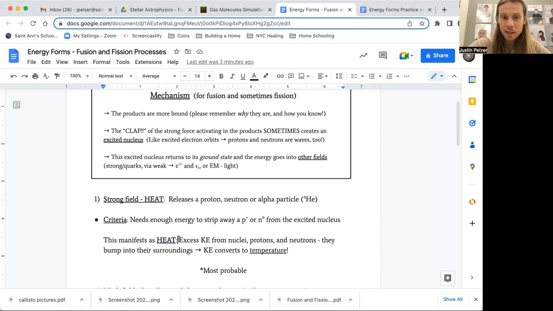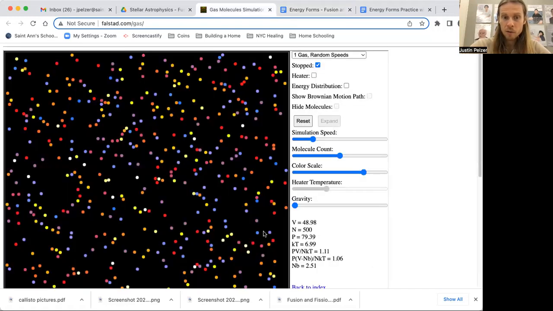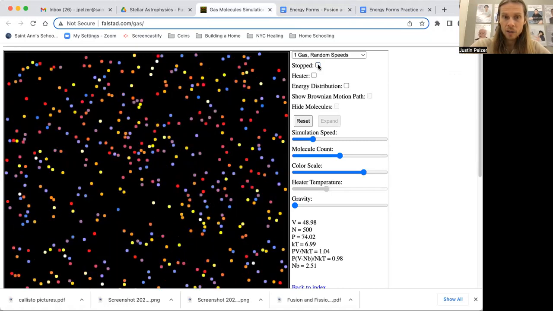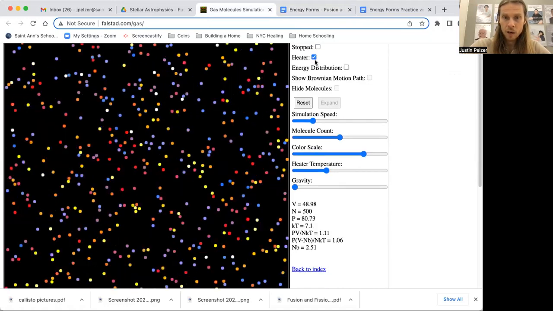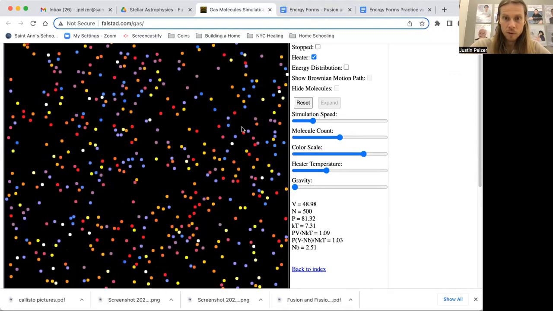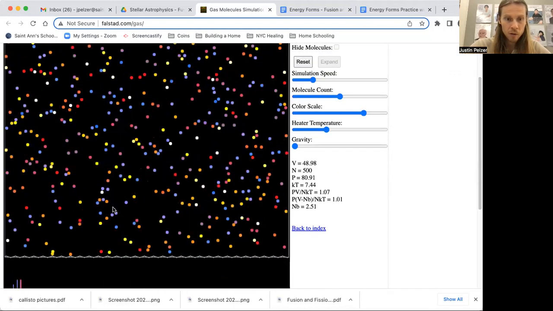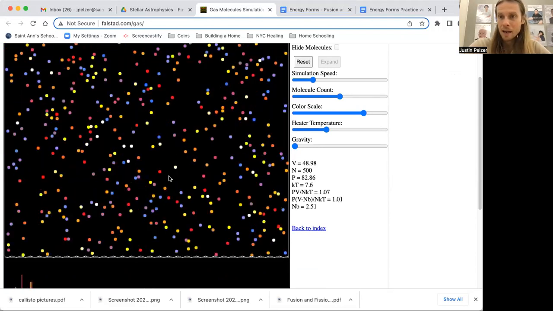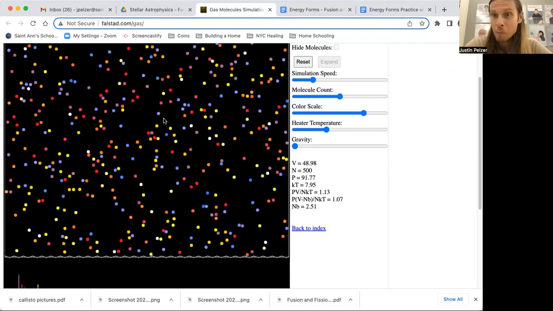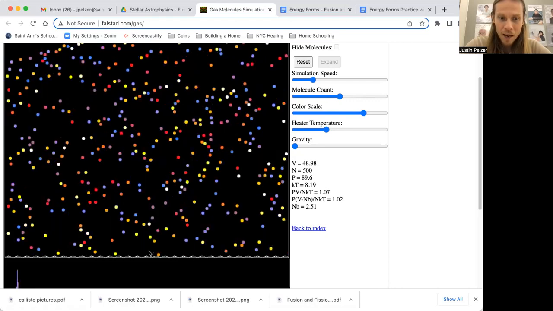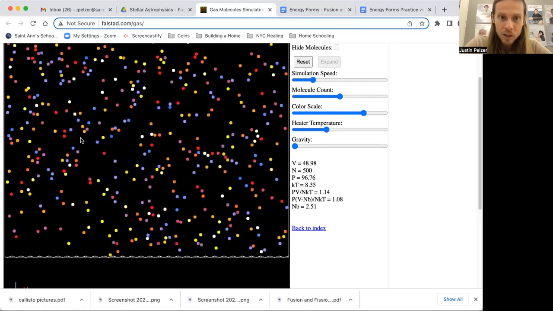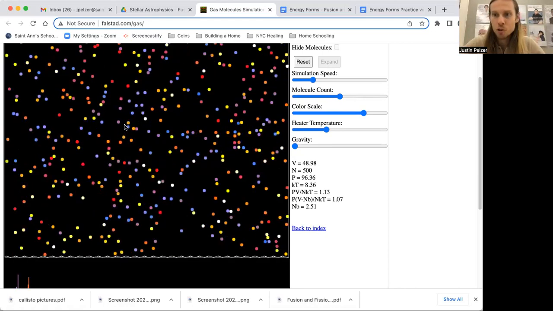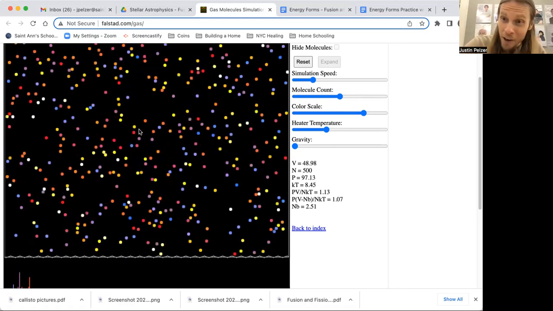Heat is excess kinetic energy crashing into its environment, crashing into the surroundings. So if we have a bunch of particles in a box, and I turn on the heater here, what does it do? It makes the bottom molecules go faster, which, if you follow one, then collides with another molecule, and that kinetic energy eventually spreads into the room. This is what we call temperature. If you increase the kinetic energy of one of these balls, it'll collide into another ball, and that kinetic energy will distribute on average throughout the entire room.